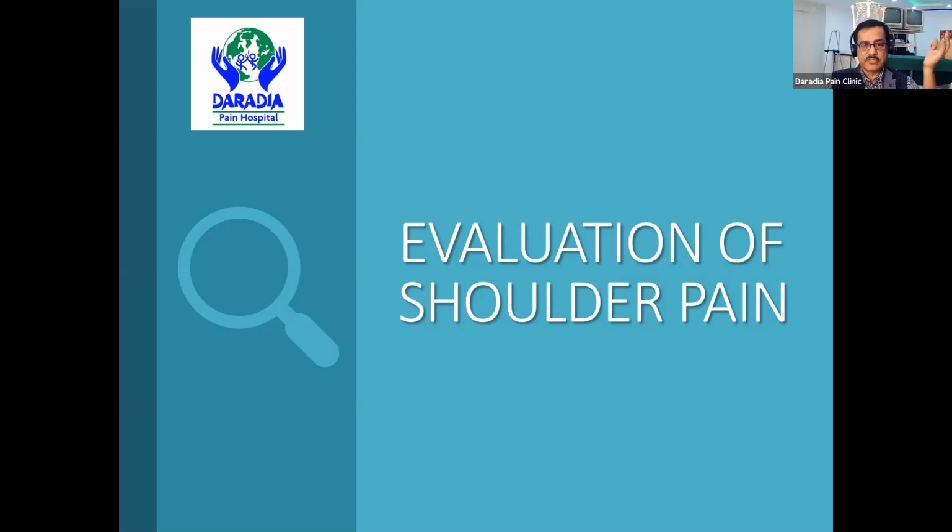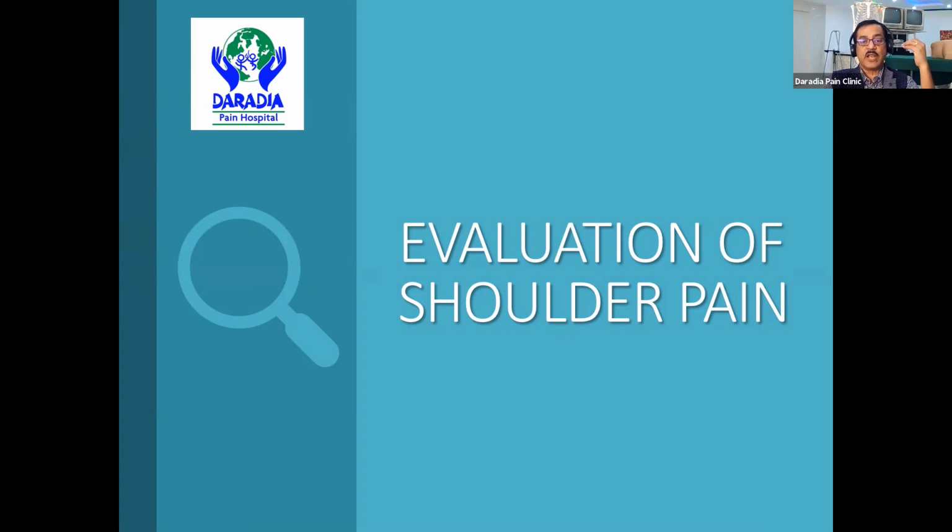In the examinations, first is a quick general survey, general examination of all the systems. And then we'll be starting with the specific area, like the shoulder. We'll be starting with the inspection, palpation, range of movement, neurological examinations. Neurological examination is again the whole range of neurological examinations, and then specific clinical tests, special clinical tests. And then comes your investigations.